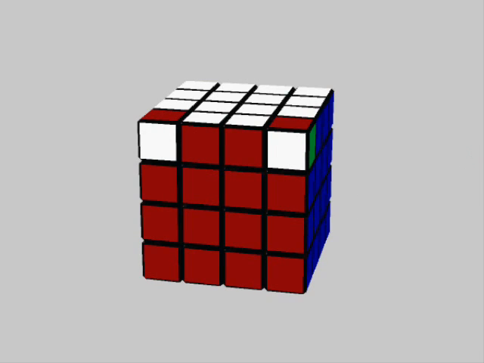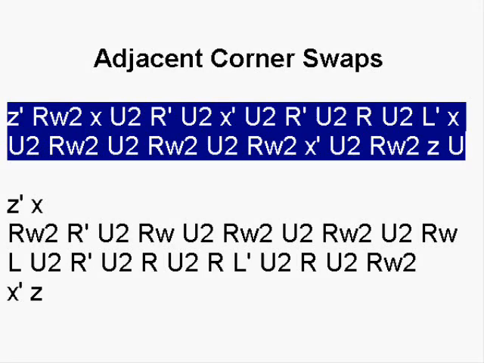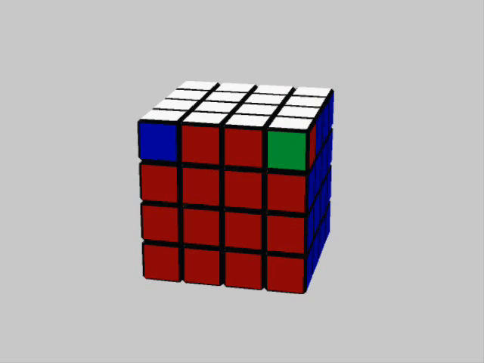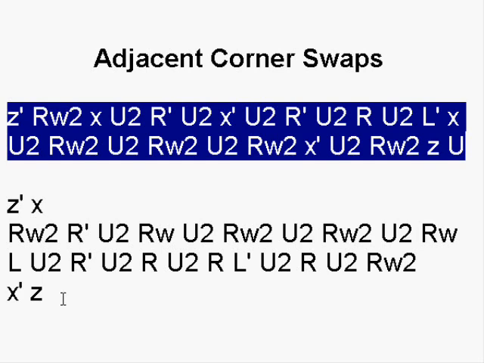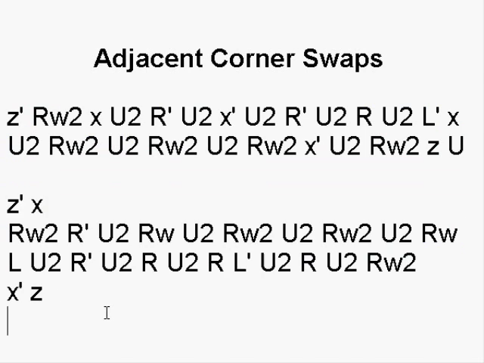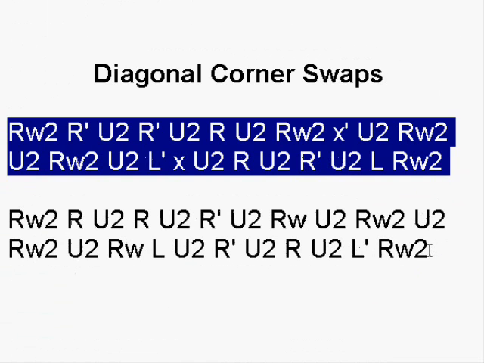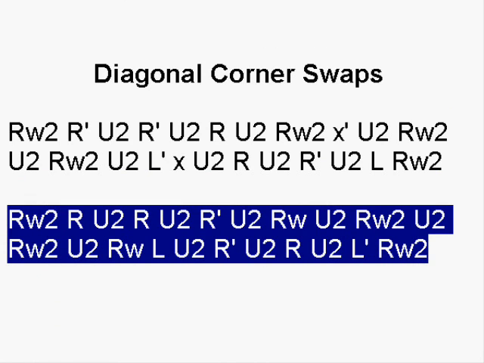Now these corners, they're not oriented correctly as they are in, for example, this algorithm. When this algorithm is applied to the cube, we can see that they are oriented correctly. So there's a few steps that you have to take to get this final result, but I'm going to go step by step, and instead of just deriving this algorithm or this algorithm for the adjacent cases, or this algorithm for the diagonal cases, what I'm going to do is just show you a general procedure,